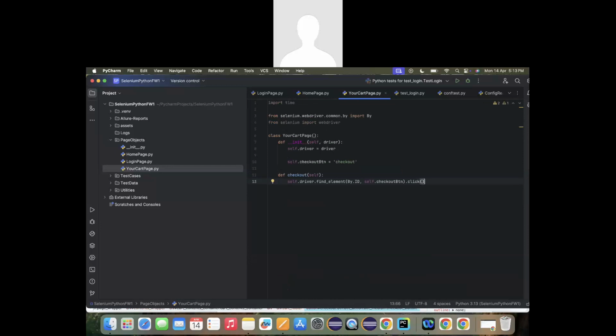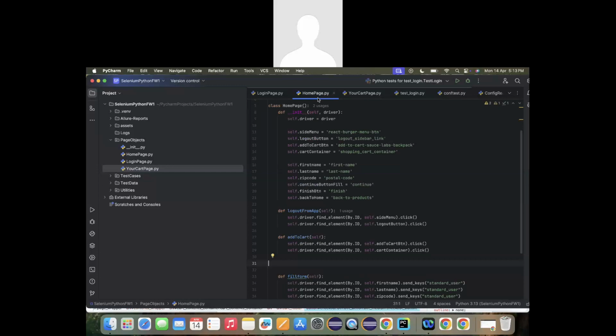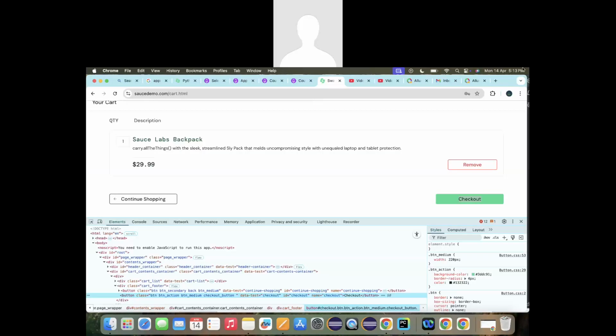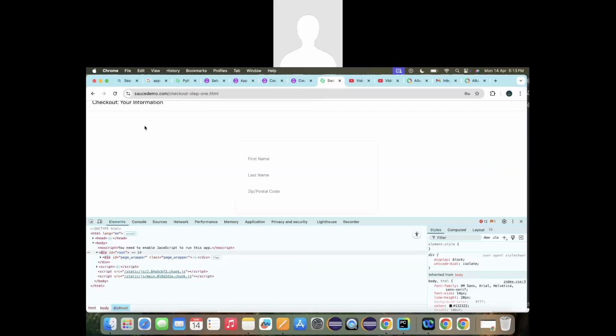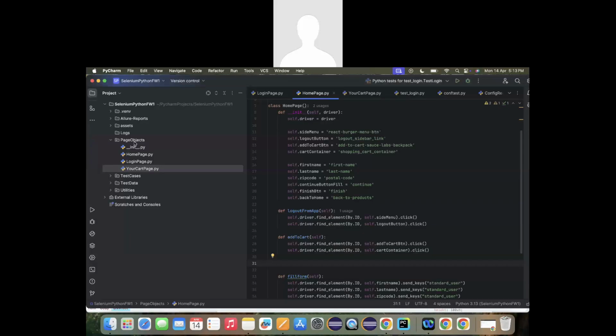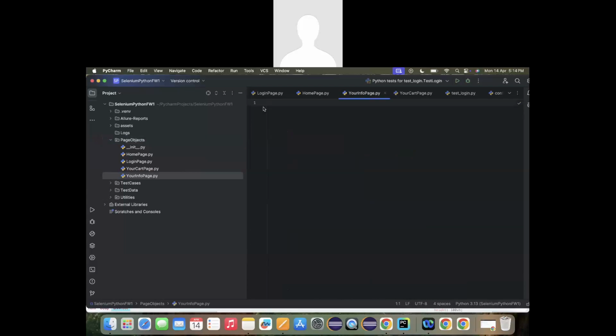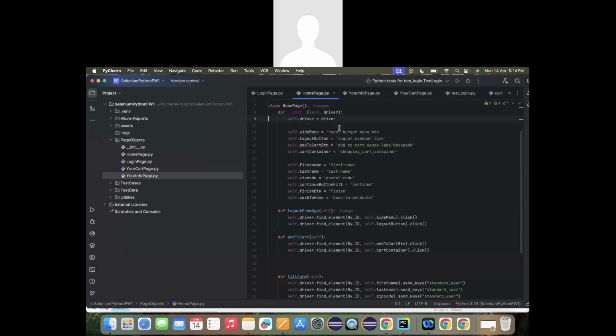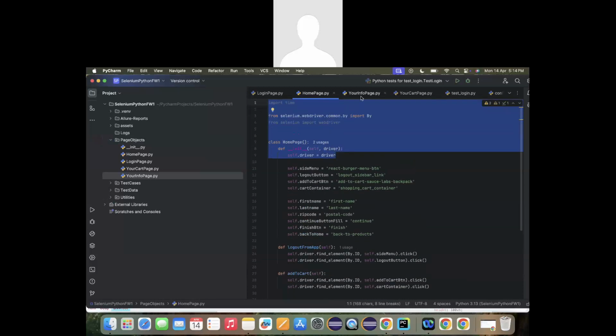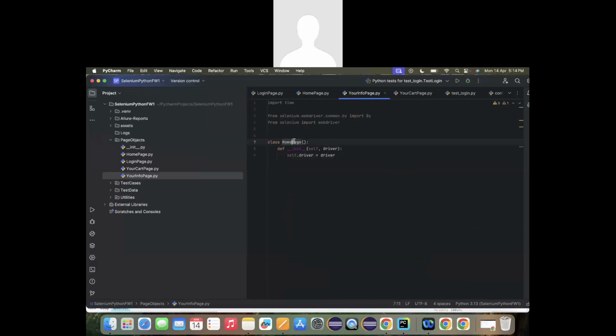So Surendra, have you got these page locators and methods? Just before the session, to save my time, I captured all the information in this page, and now I'm splitting it from the home page to the various pages whichever are applicable. And after this page is the your info page. Now I'm creating one more page which is the your info page. On this your info page also, right from this constructor all are needed. I copied all these things, I just kept it here, and I'm changing this to